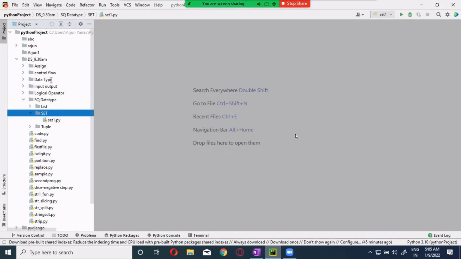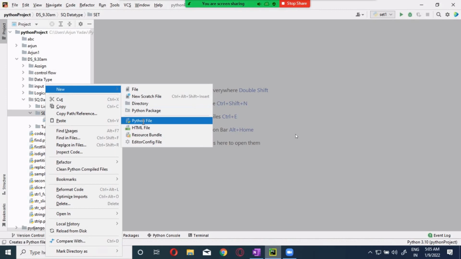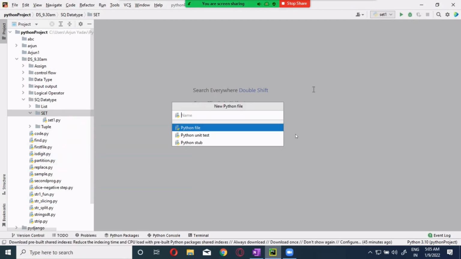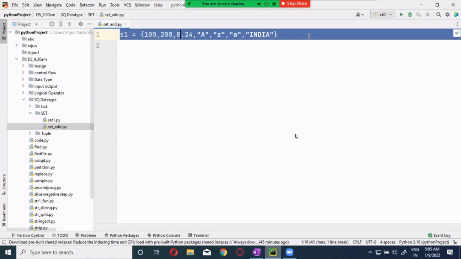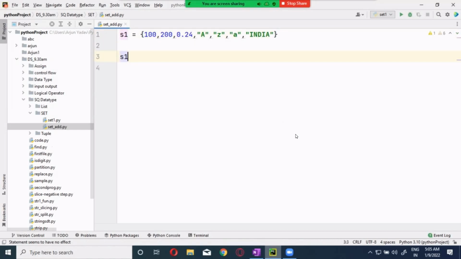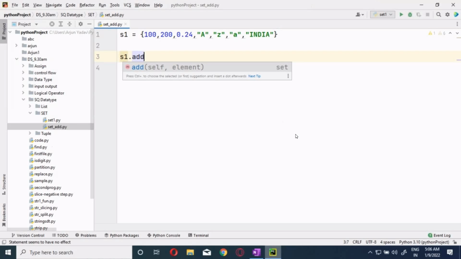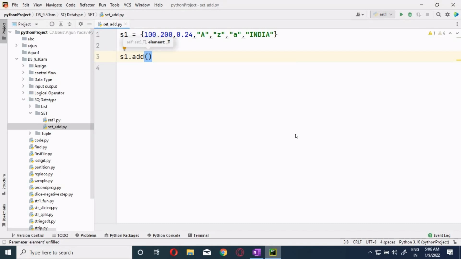Now let's go to the next one. How to add a value into a set. In the set, there is a function called add, guys. Set1 dot add. Add is a function which adds the value into the set. Now which position will the value be added? You can't say. Usually it is said that it will be added at the last, but automatically the order will be changed over here. So sometimes it will not be found at the last, whichever location it is.